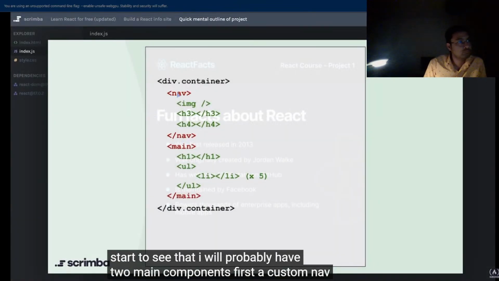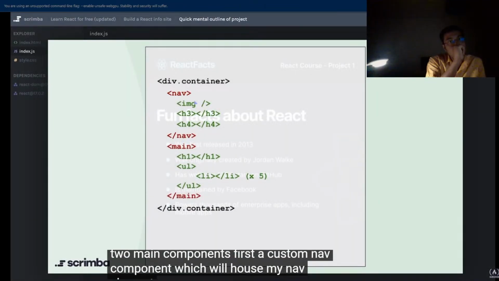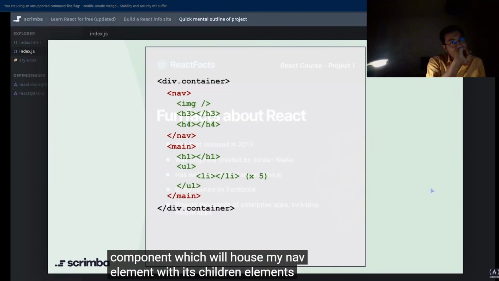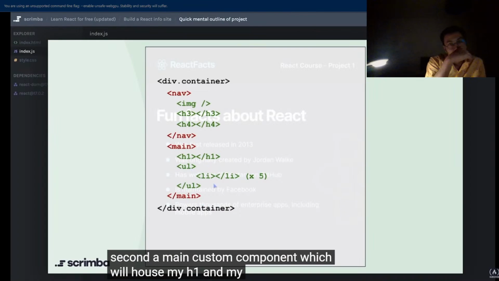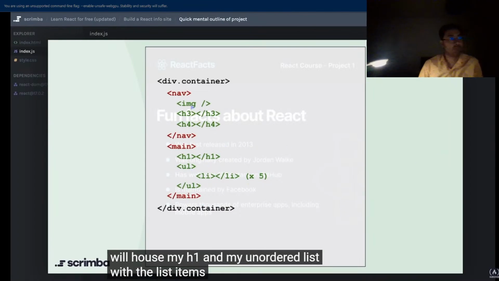First, a custom nav component, which will house my nav element with its children elements. And second, a main custom component, which will house my h1 and my unordered list with the list items. In terms of those